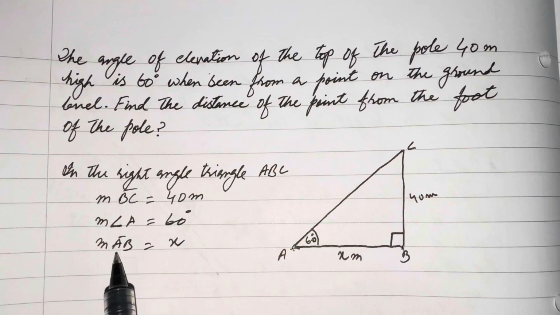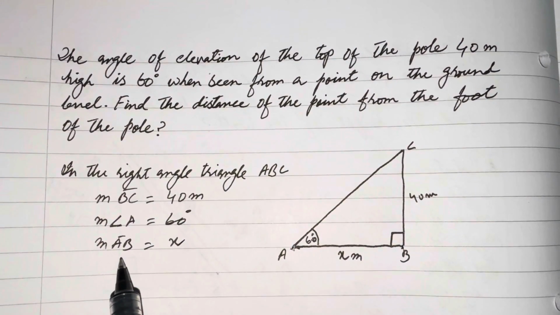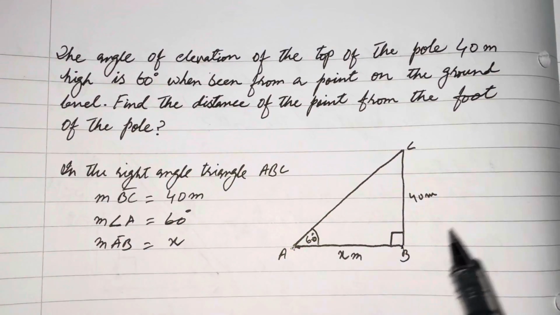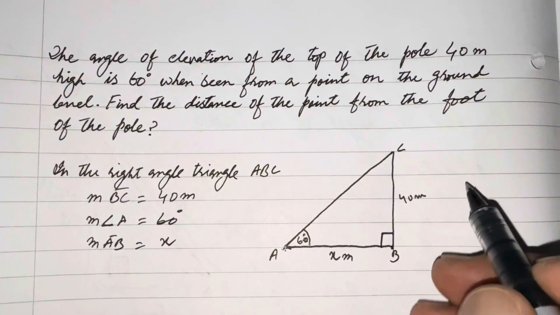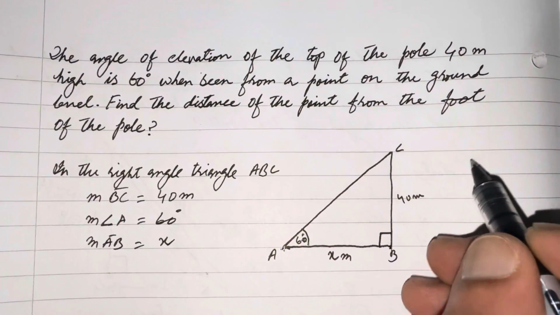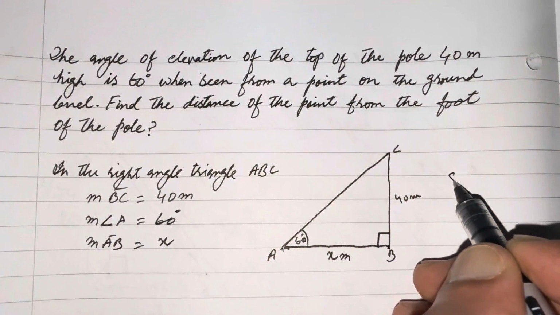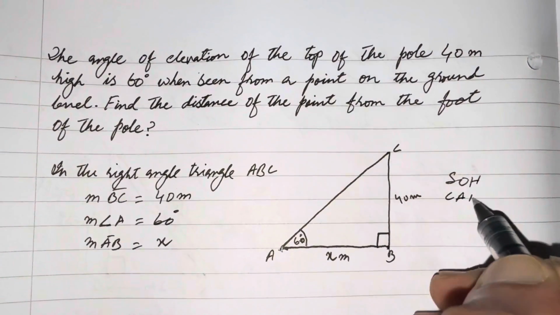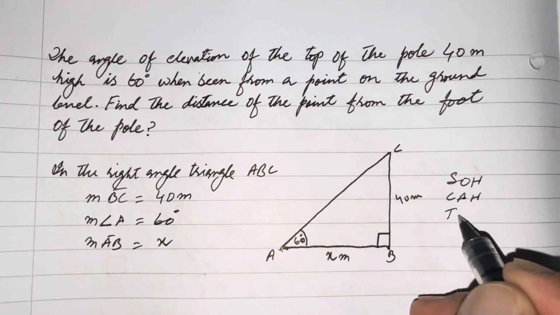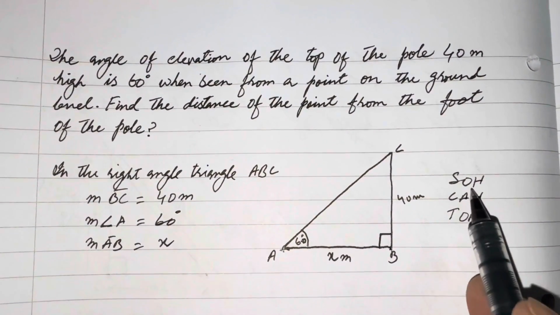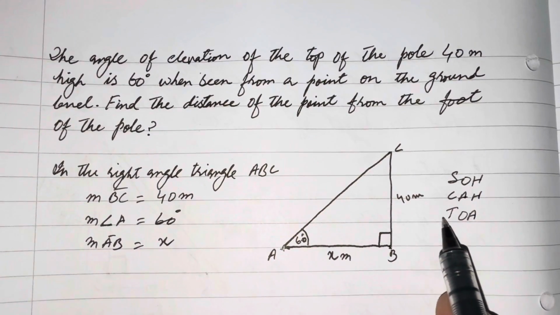So now let's see, with the help of three magical words of trigonometric ratios, which are called SOH, CAH, and TOA. So now with the help of one of these magical words, we are going to find